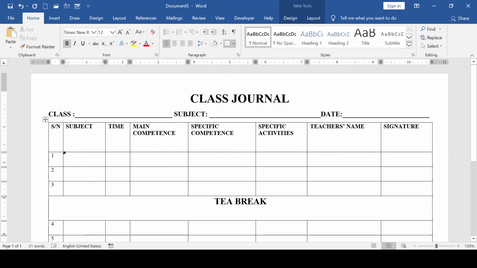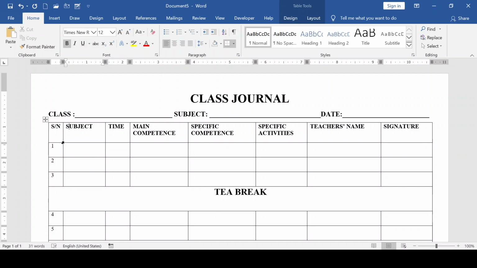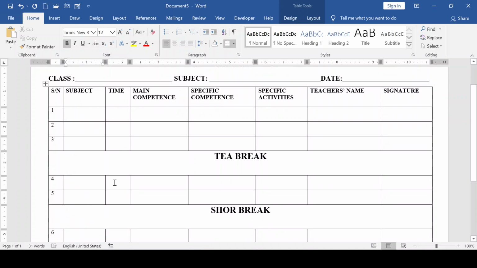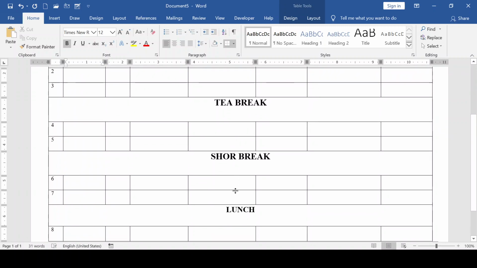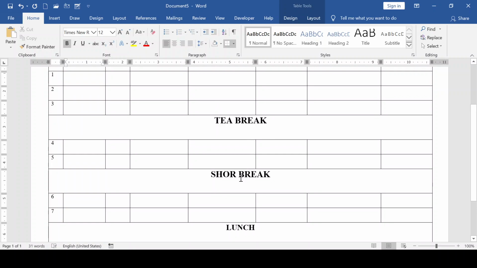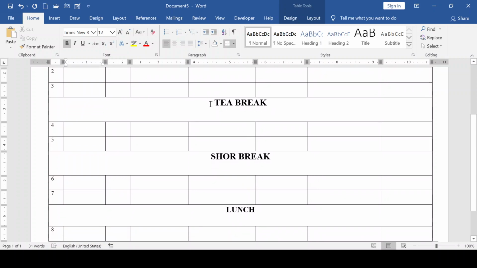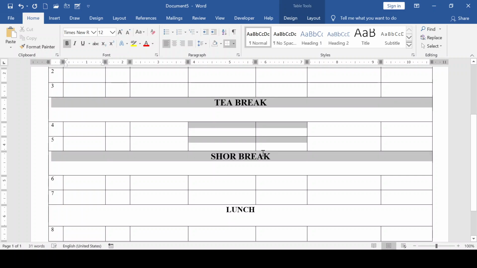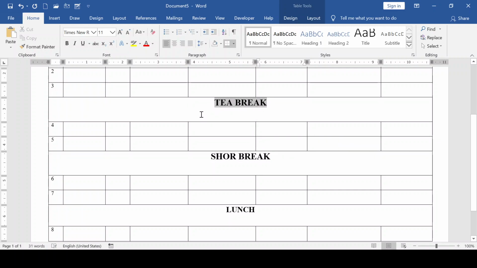After that, I can just pull this line up to balance. Now you can see this break, short break, and lunch are fixed on the top of the line. So we can resize them also. We can set them in the middle